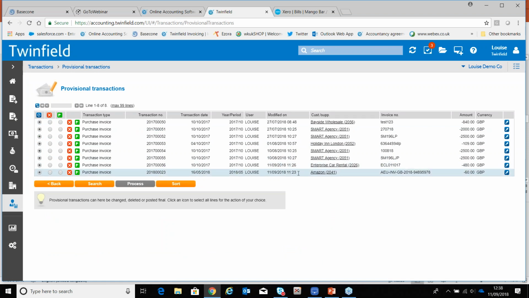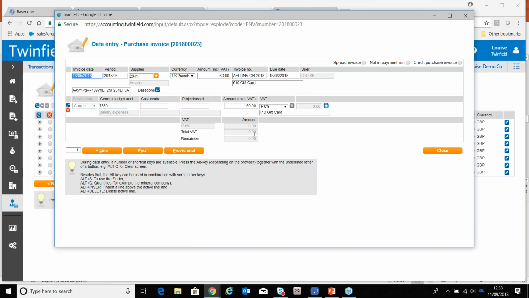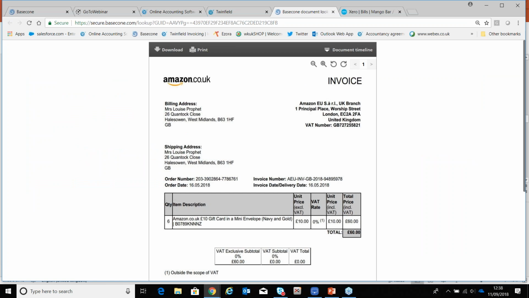So you will see modified date. If I just drill down onto those postings, it will show me the posting screen within Twinfield. And then once that comes up on your screens, we will actually be able to drill down into the Basecone area as well. So I think that's just popped up on your screens. So there is an option here to connect through to Basecone, and then that will actually bring up the invoice for you